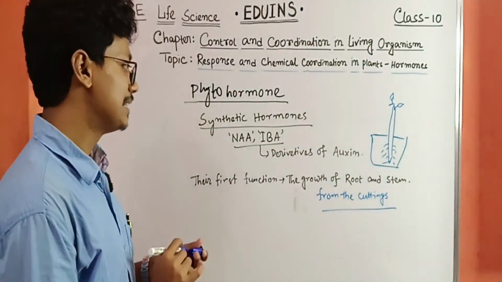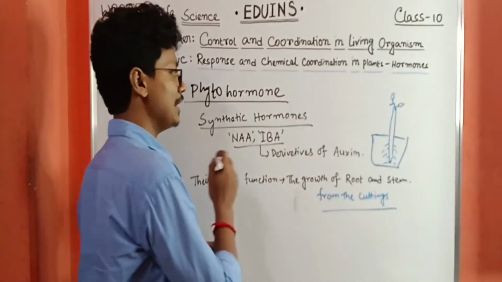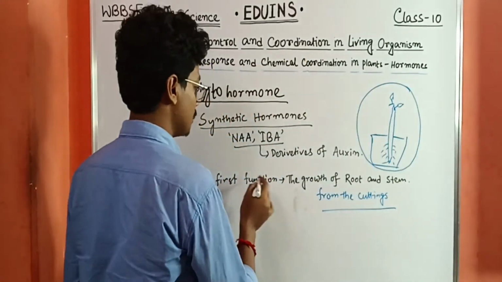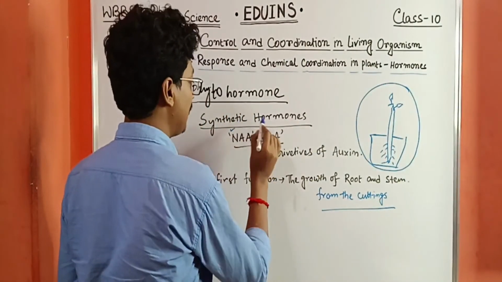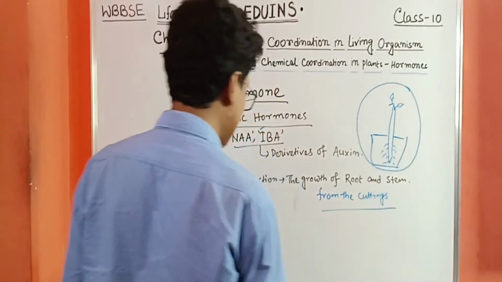This mainly happens because of the auxin, and artificially this is done by the derivatives of the auxin, that is NAA and IBA. Okay, first. Secondly,